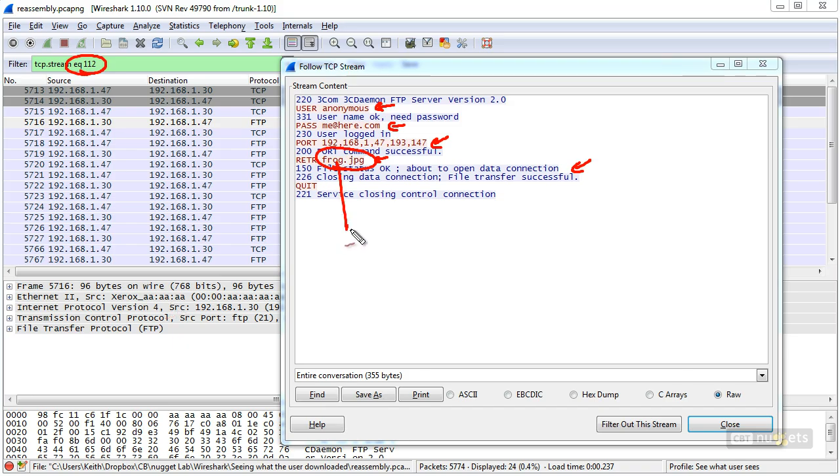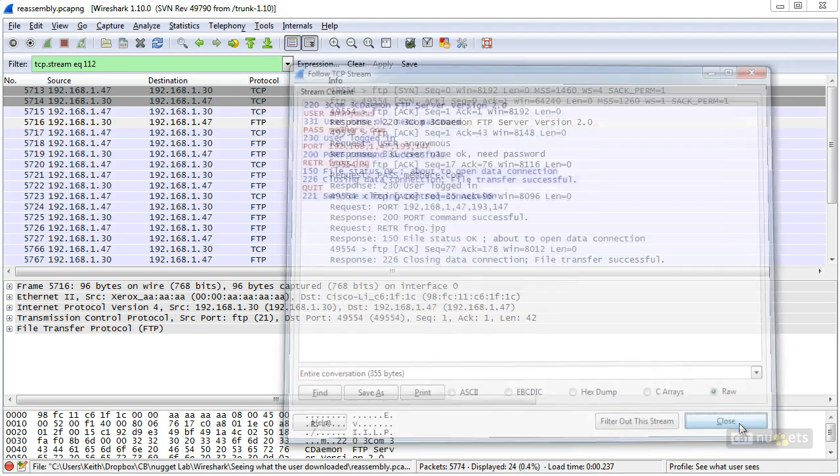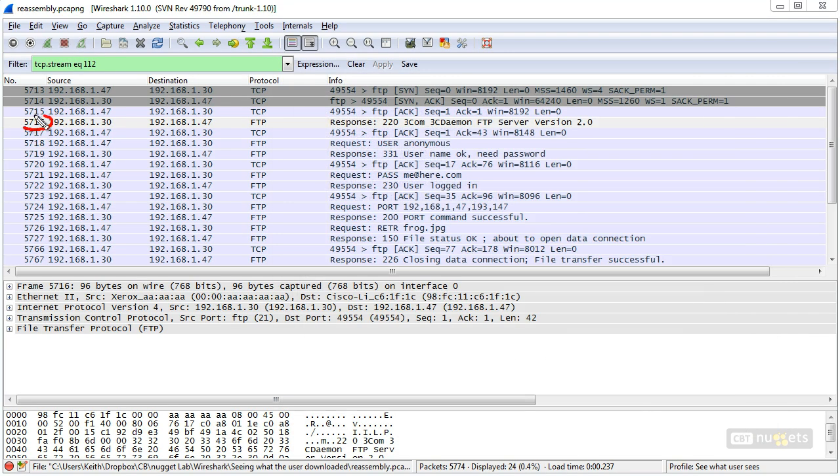So let's just keep that in mind, that frog.jpg is the file, and that's a lowercase f. Frog.jpg is the file that we're looking for inside of the FTP session. And I'll go ahead and close this. So this packet right here, 5716, that's the actual TCP conversation we were looking at. We're currently filtered based on that TCP conversation. But here's what I noticed about